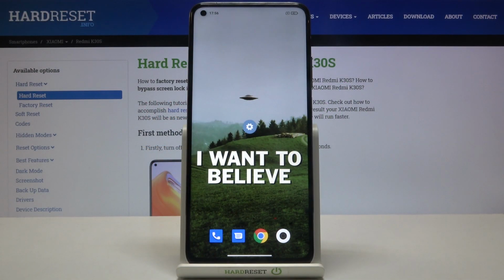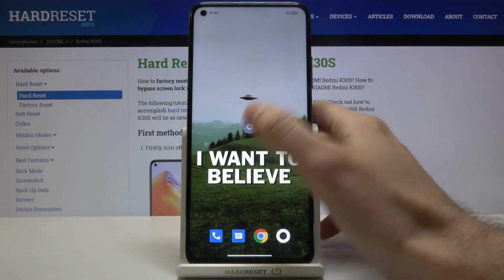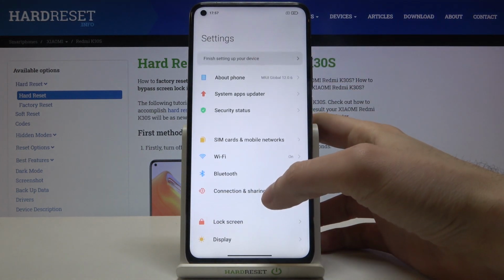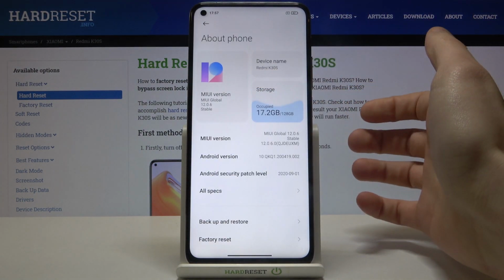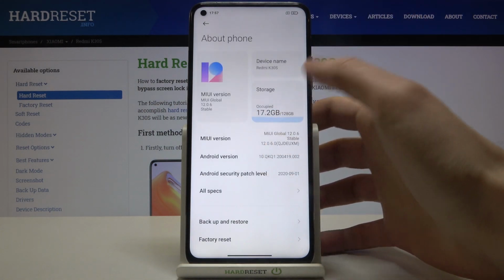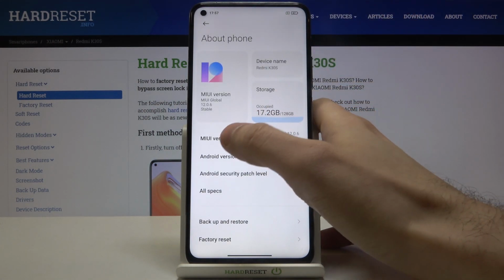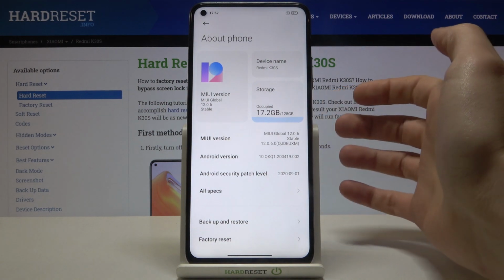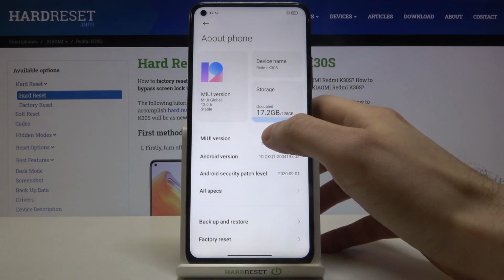Here I have XIAOMI Redmi K30S, and today I'm going to show you how to get access to the developer options on this device. So first of all, you have to open settings, then you have to go to about phone, and here you have to find this line MIUI version, and you have to tap on it with your finger